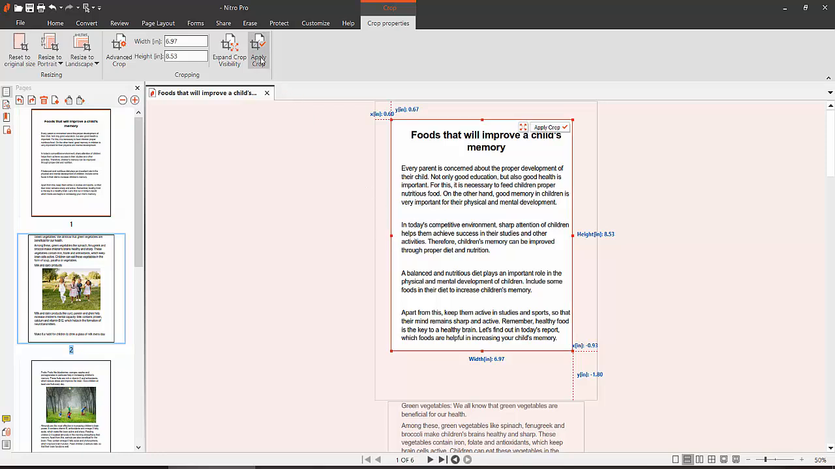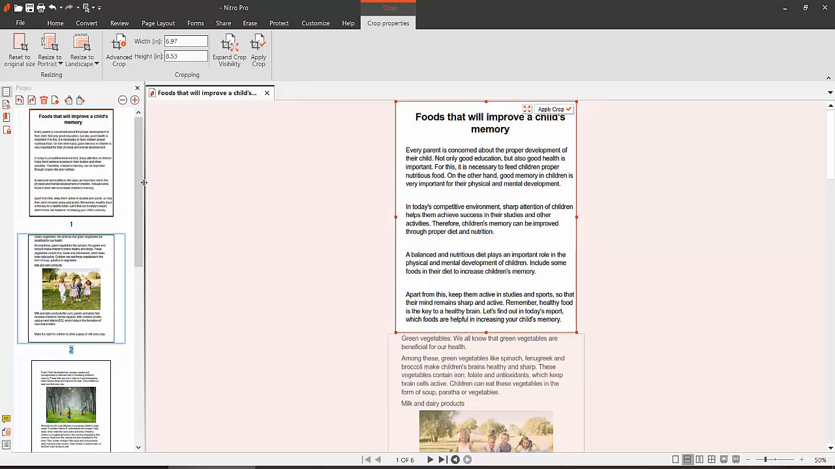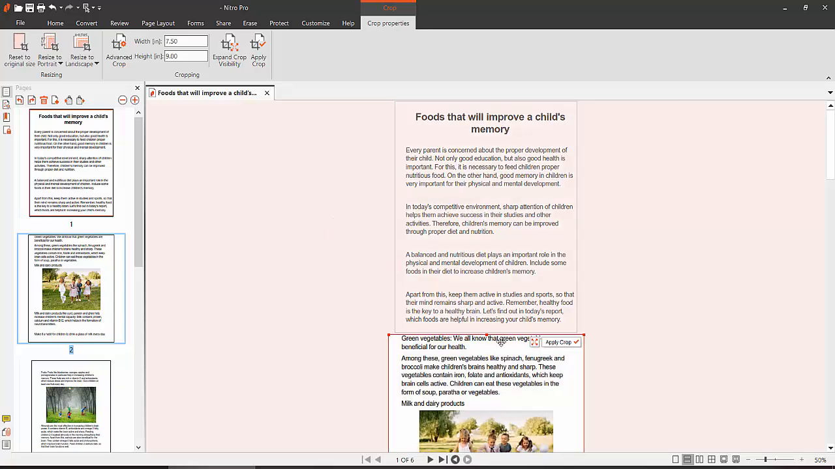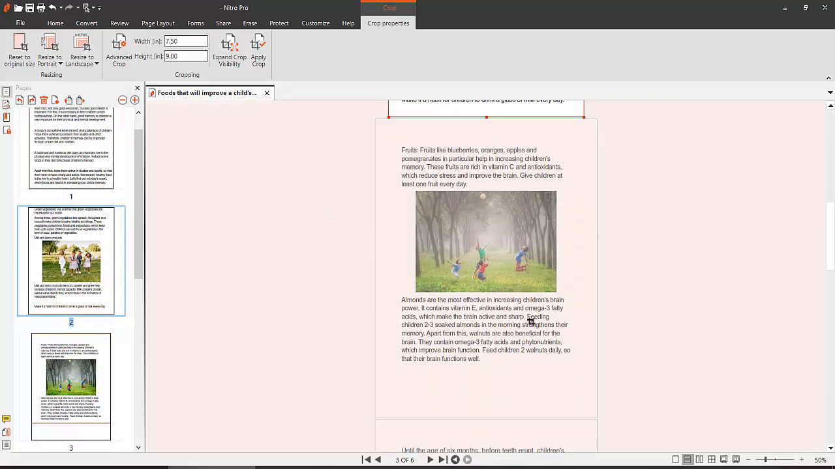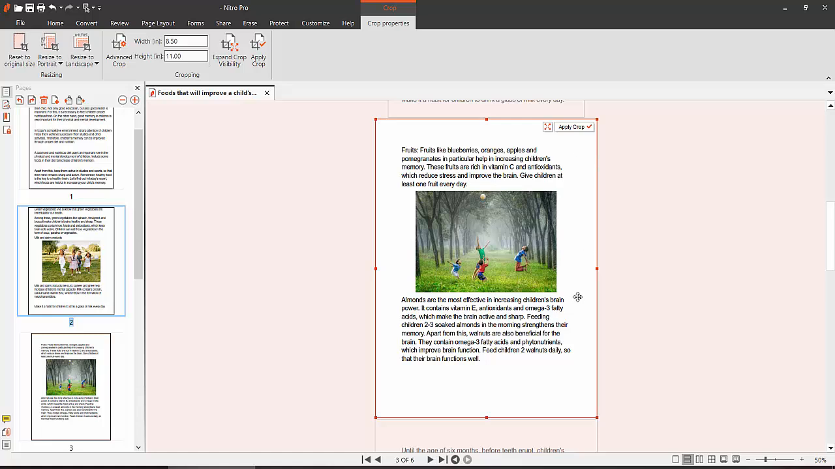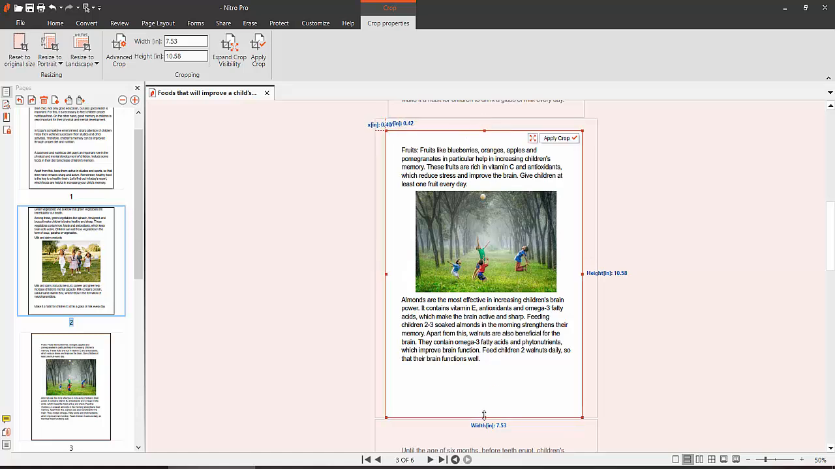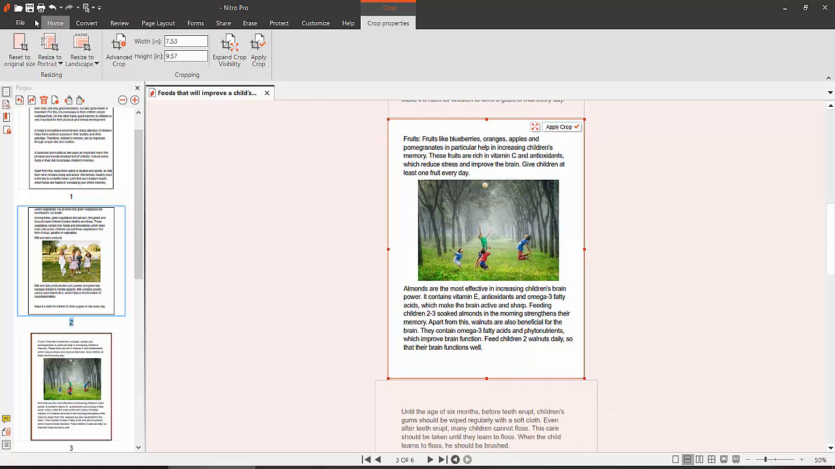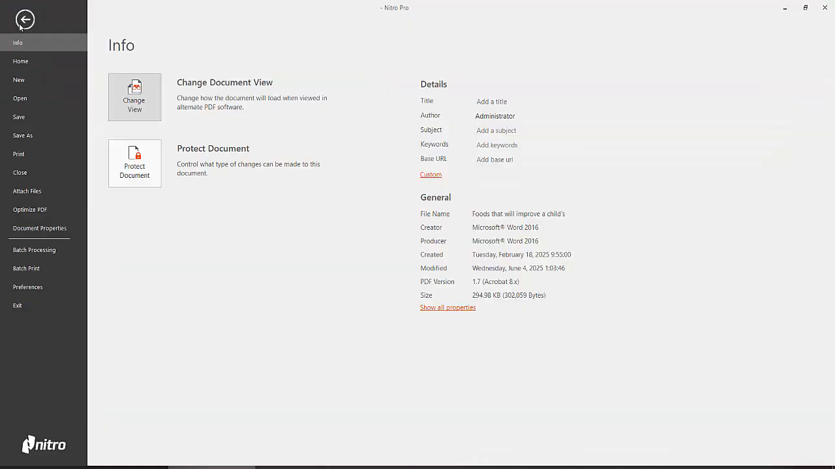Now select apply crop and see this. In this way you can crop as many pages as you want, and you can customize and crop a desired area, and see this. Select apply and finally select the file option, save or save as your